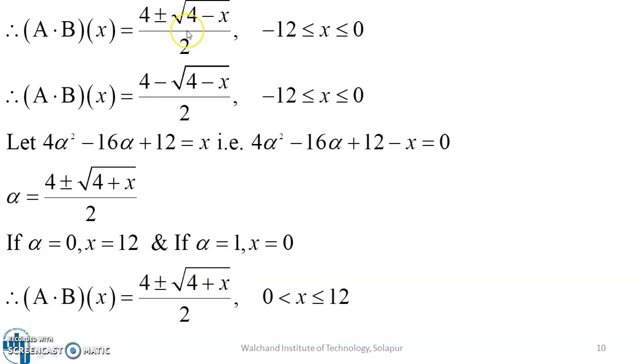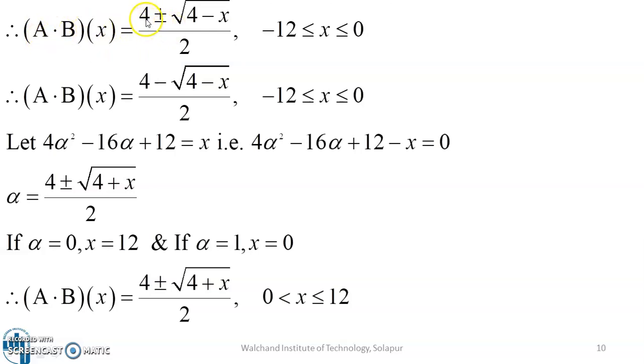But this product must have a unique expression. It has two different expressions. Now we will check one by one. If I consider plus here, like 4 plus square root of 4 minus x, the gradation given by this function must lie from 0 to 1. If I put the point minus 12, here 4 minus minus 12 is 16, and square root of 16 is 4, and as we have considered plus, 4 plus 4 is 8, 8 divided by 2 is 4, that is the gradation is greater than 1. It will not happen, it will be a contradiction. It means that 4 plus root 4 minus x upon 2 will not be the expression for the product.